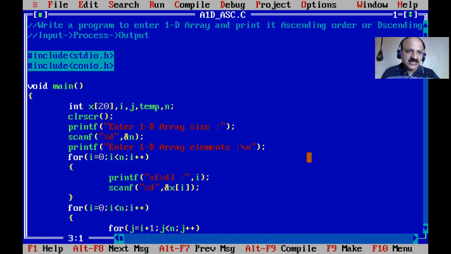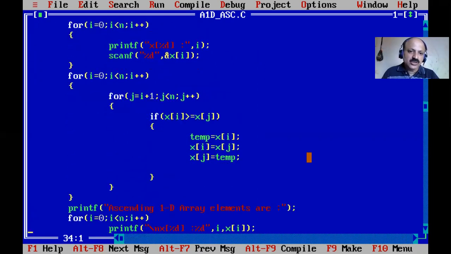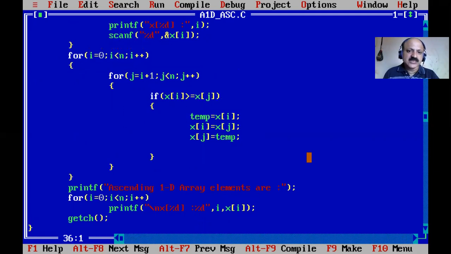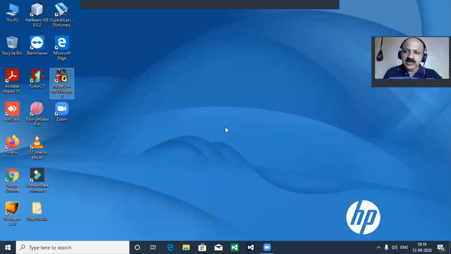Okay, so write this program in your notes, ascending and descending. Here in our main there are two nested loops and ascending logic developed, and that technique is known as selection sort. Sorting and searching, so sorting, ascending or descending, is known as sorting. So yes, I close this file, and also watch and output and quit, Alt X.